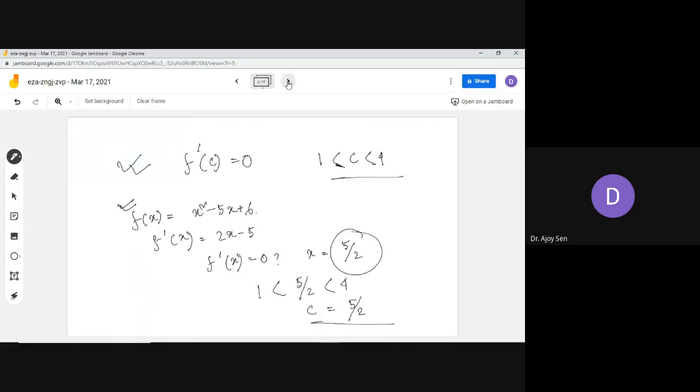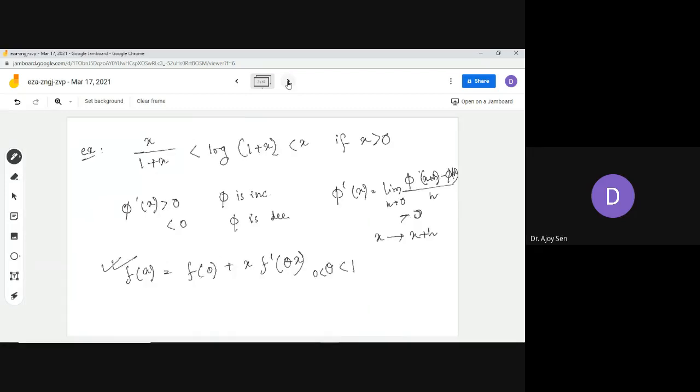And such kind of inequality proofs, you will check in your book; there will be 2 or 3 different kinds of problems like this. I guess one of those problems will definitely come. This is the inequality kind of thing where you have to check the sign of the derivative. So these are the things.